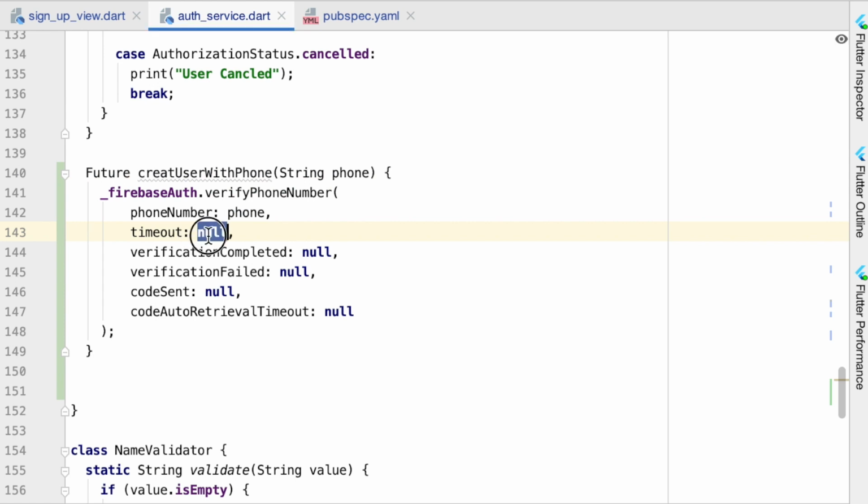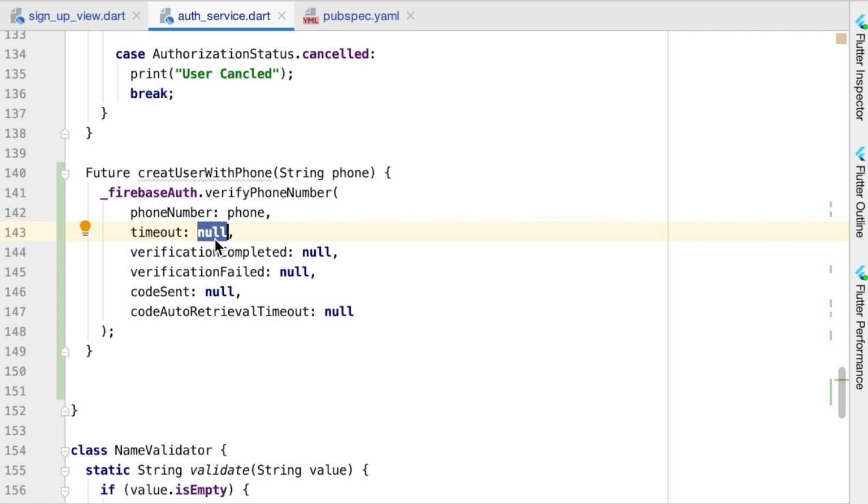The timeout here is going to be how long we're going to give it to auto complete this phone verification. The way this phone verification will work is it has the potential to not require the code that's going to be texted to you, or rather, not that it won't require it, but that the phone has the capability of auto detecting that value and then auto verifying that it is the phone that you're on. So the timeout value here, while you're testing, you're going to want to set this to a pretty low value because you want this to time out pretty quickly so that the pop-up will come up